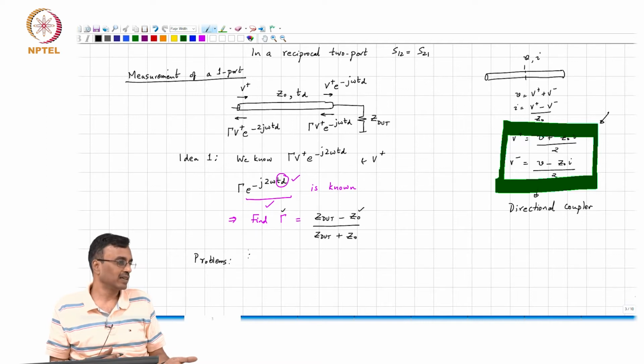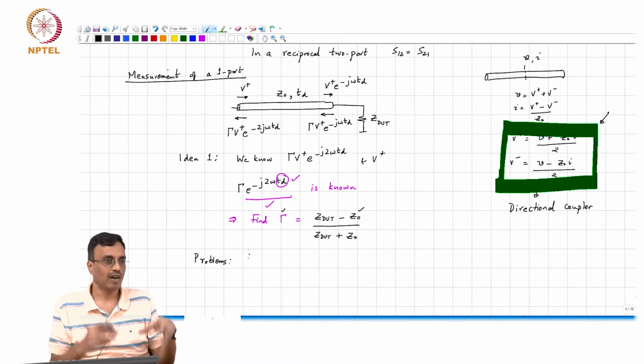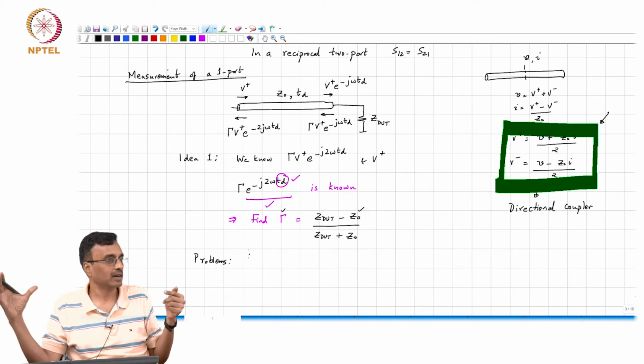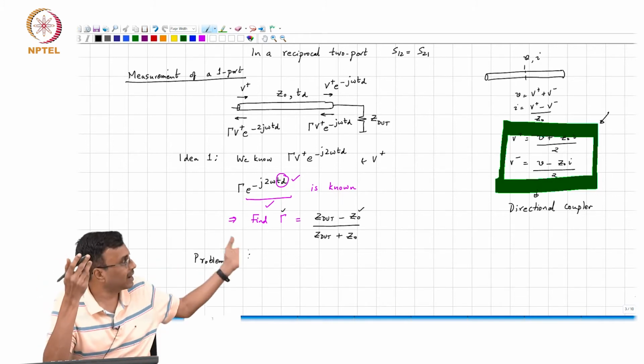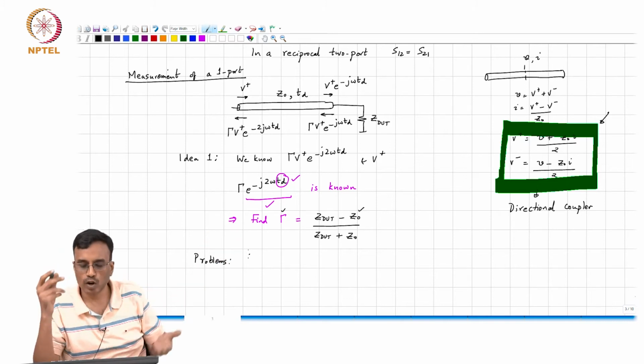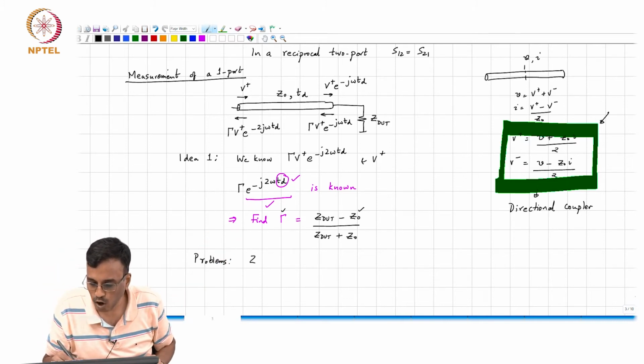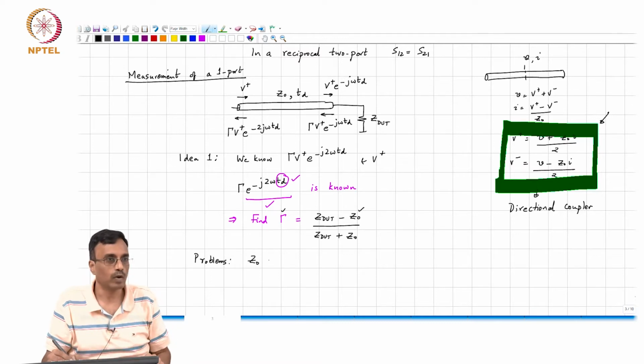It's got dimensions. It doesn't have any dimensions. The z dot, what dimensions does it have? Well, it's got ohms, right? So whatever you do to transform gamma into z dot will have something inside which has got dimensions. You have a box, you put in gamma, you are getting z dot. You are putting in something dimensionless, you are getting ohms. So inside the box there must be something where you are multiplying by ohms, and that happens to be the z naught here. So if the z naught is not accurate or not exactly known, then you will